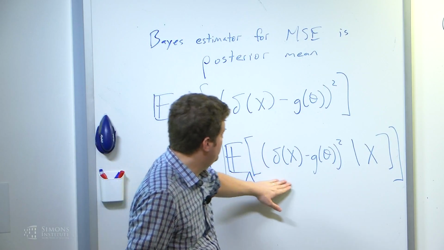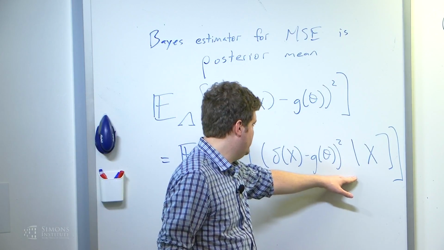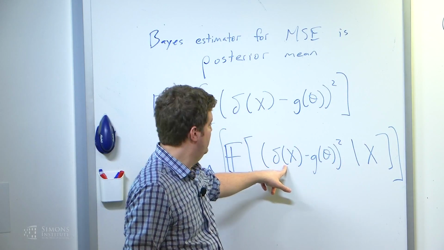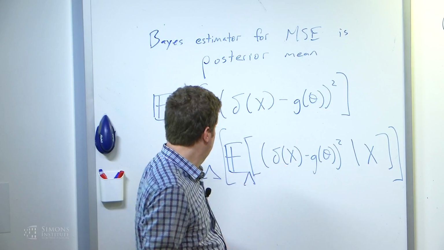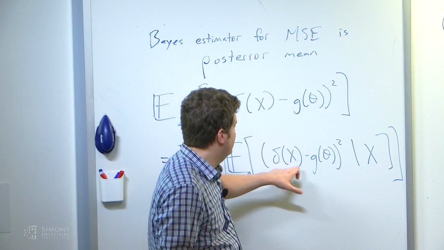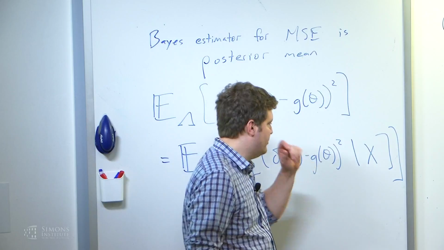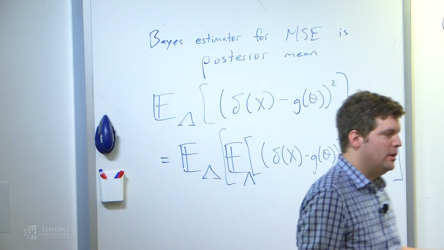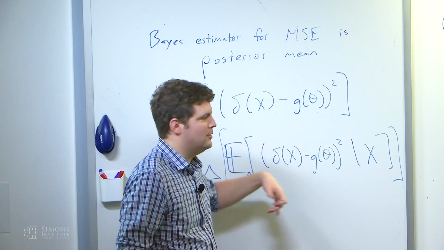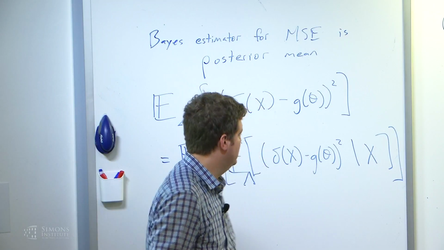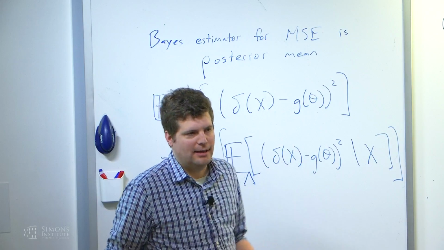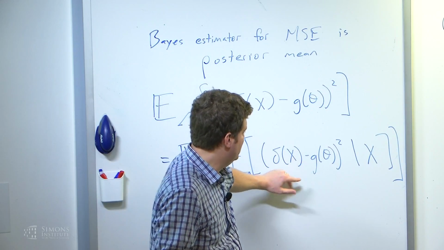And so now, once we're looking at this internal conditional expectation, after we've conditioned on x, x is just fixed. And so we're going to draw some g of theta from the known posterior distribution of theta given x. And we want to choose a number, delta of x, that's going to be as close as possible to it in squared distance. And it's not hard to show that the way that you minimize this function is to choose